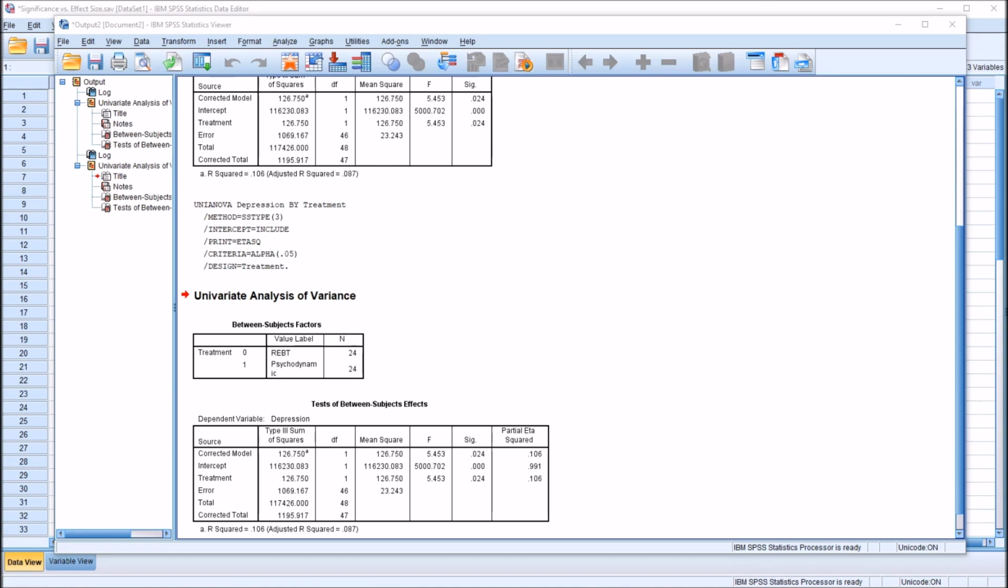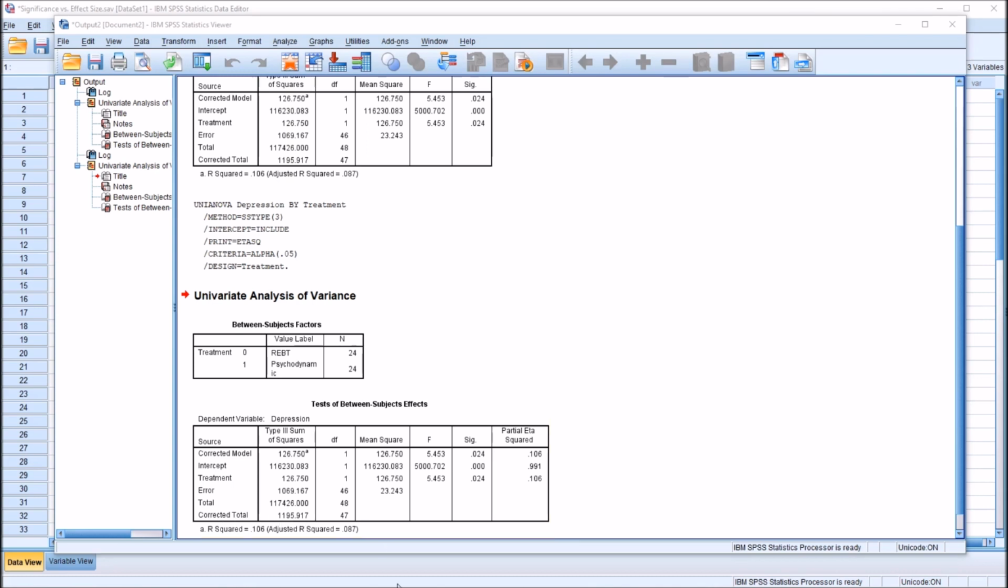Cohen's d is a standardized mean difference, and it's calculated by taking the mean of one group, subtracting the mean of the other group, and dividing that by the pooled standard deviation. Eta squared is calculated differently. In the case here with just one independent variable, we would take the sum of squares for the effect and divide it by the sum of squares total. So looking here, this would be 126.750, sum of squares for treatment, and that would be the sum of squares effect. And then for sum of squares total, we would use the corrected total, which is